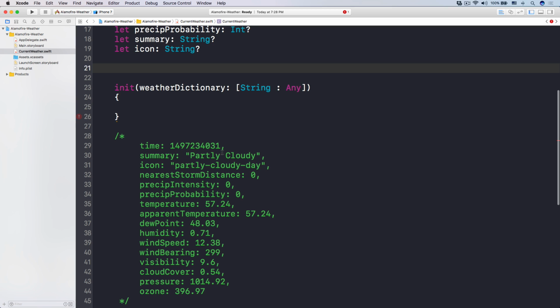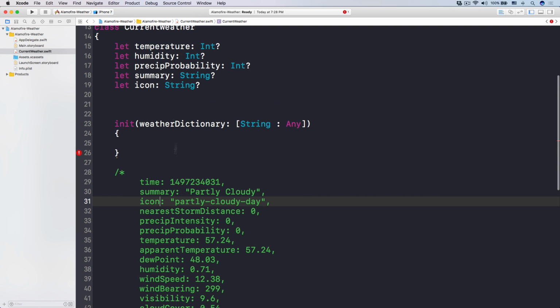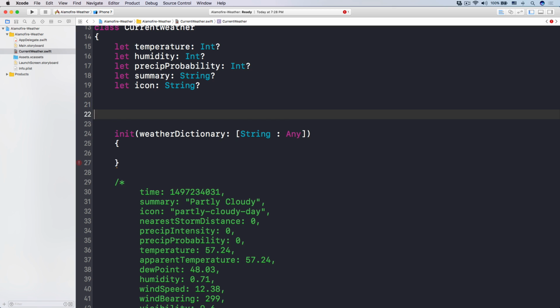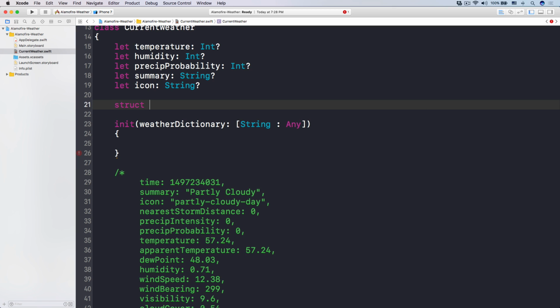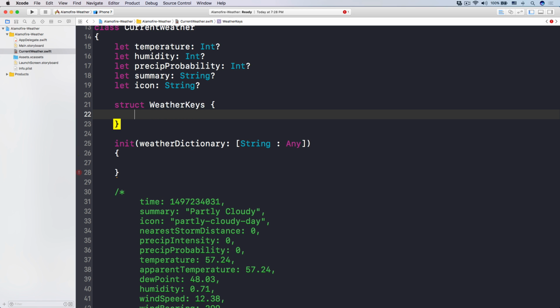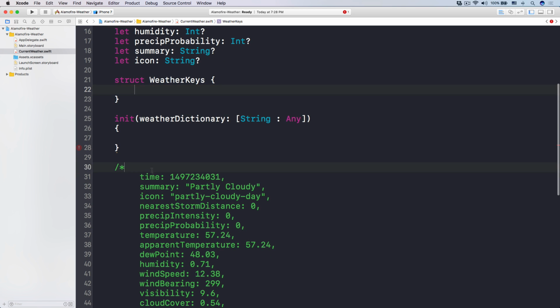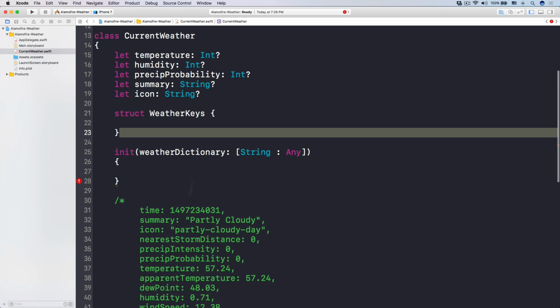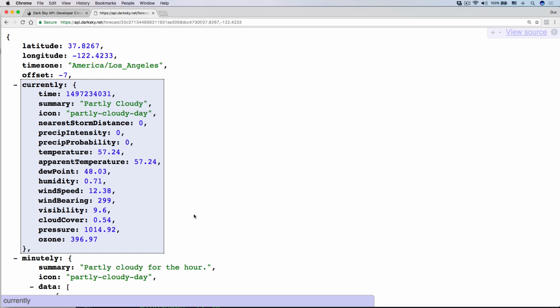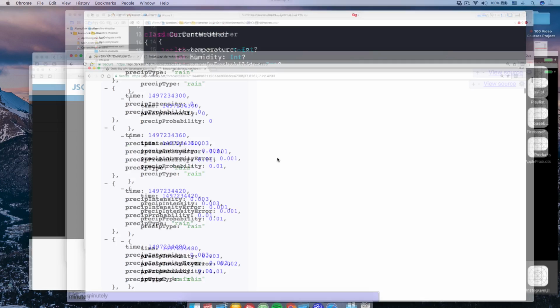Let me do this. Now before we actually access these values, if you look at these keys, these keys are all strings. So let me be a good developer here, and I want to have a struct called WeatherKeys. These will contain all the keys in our API, so that later on, if this API changes their keys, then we just have to change our keys